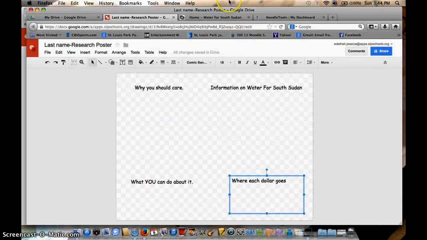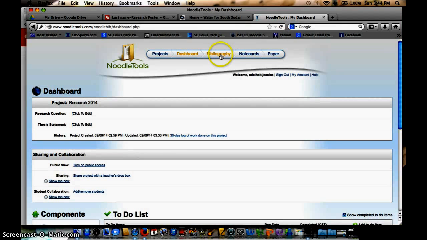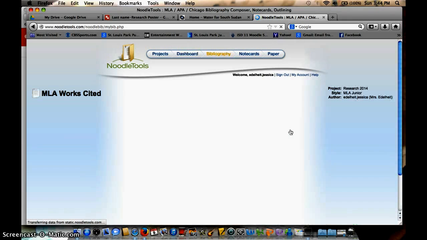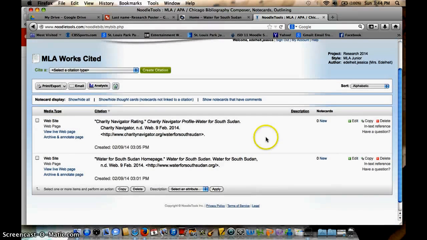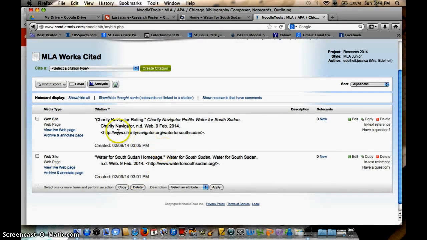So, go to NoodleTools, and if you click on Bibliography on your home bar, you will see that the citations you've created come up. All you need to do is highlight the first citation,